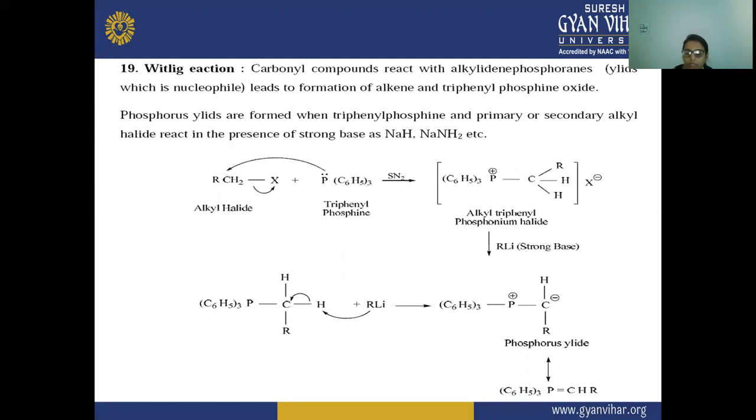So the example here is your alkyl halide, which is reacting with this triphenyl phosphine, and there is a formation of this alkyl triphenyl phosphonium halide, and in the presence of alkyl lithium strong base, that is also reacted with this